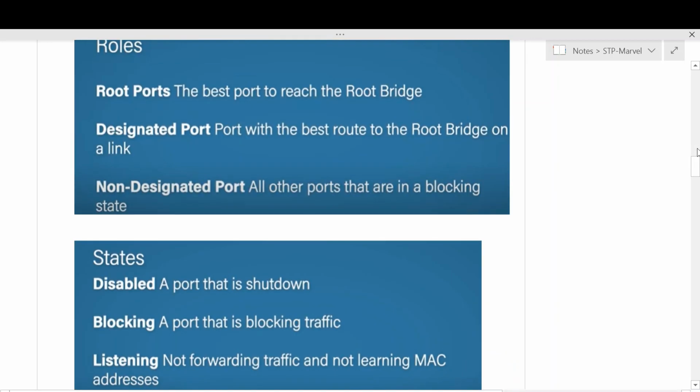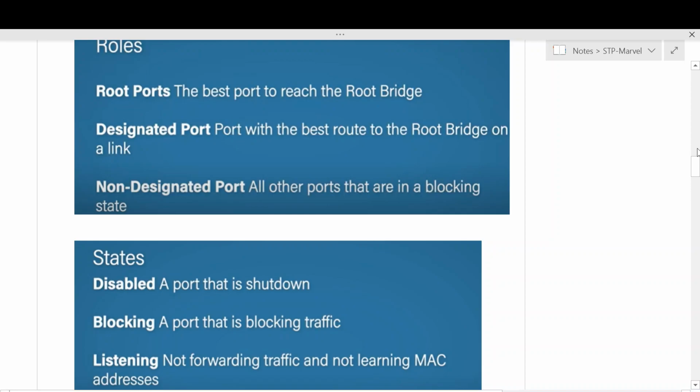Now the port roles: root port, designated port, and non-designated port. The best port to reach the root bridge is called the root port. The designated port is the best port on the link toward the root bridge. When a packet comes in on the designated port, it is consumed and forwarded.